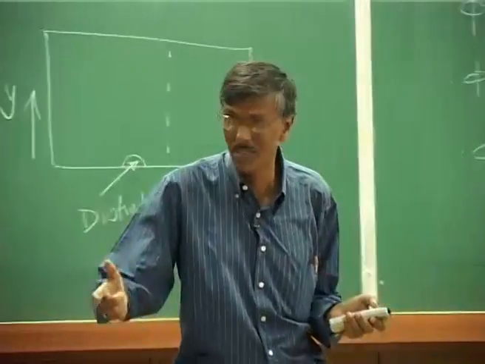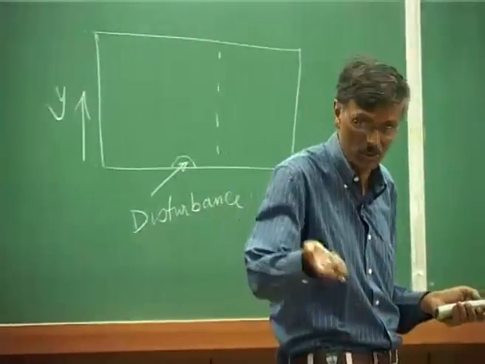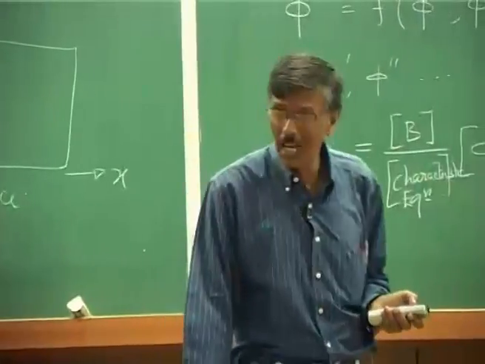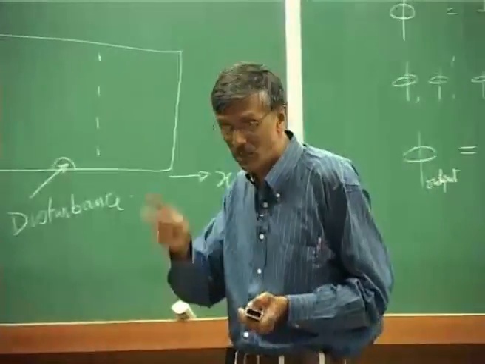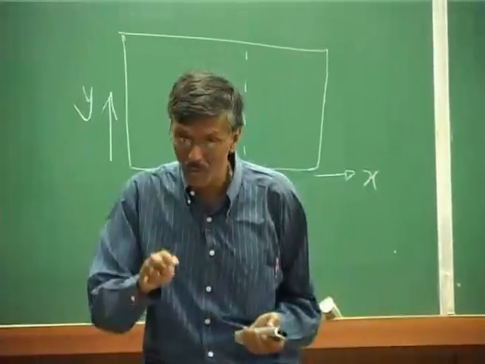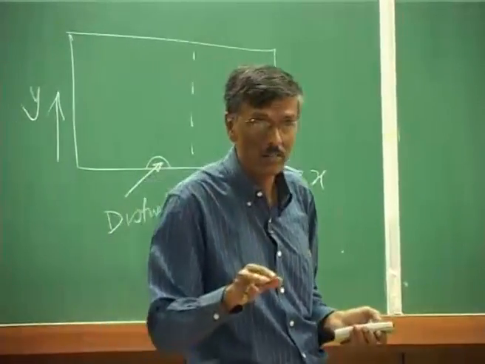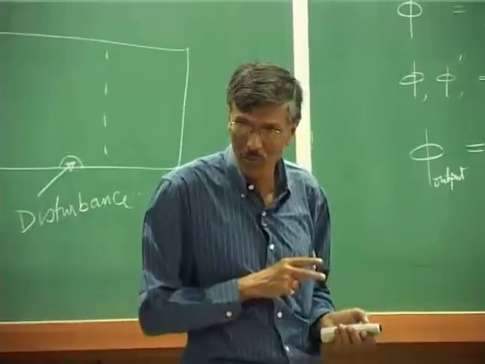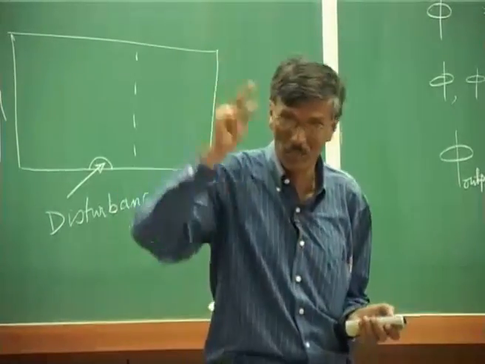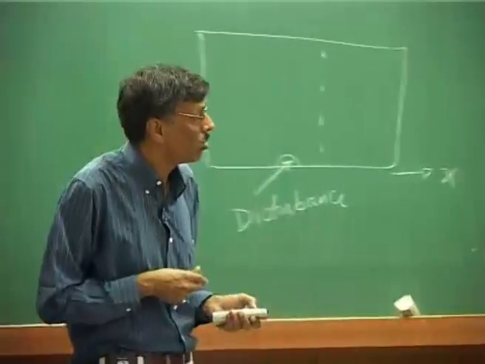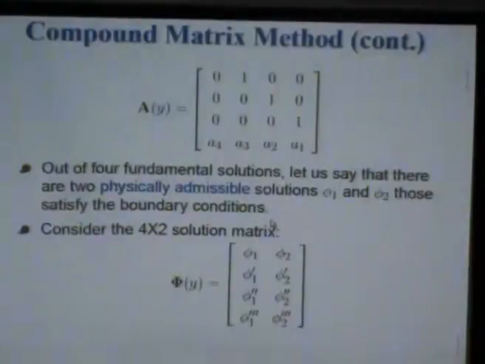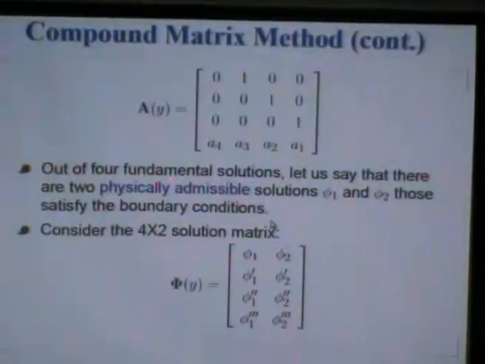Although this is the problem of parasitic error growth we talked about in the last class, that 2 of them are admissible and 2 of them are non-admissible, and if you do not pay attention and care, the numerical error could ride on those non-physical solutions, and that could explode and give you a totally meaningless result. So, what we are trying to do is, out of the 4 fundamental solutions, the ones which are admissible, we try to